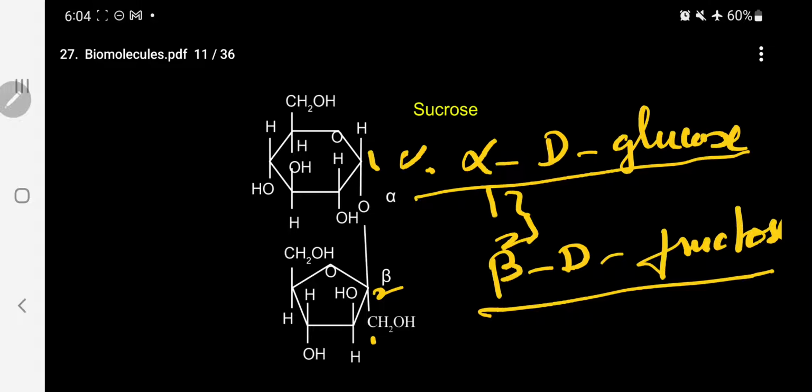Please follow. Generally in all carbohydrates, the linkage will be 1,4 or 1,6, which is common. The only exception is sucrose, where a 1,2 linkage is there. Only because of the 1,2 linkage, what is happening now? When you put it into water or any solvent, this will not undergo cleavage. It will not act as a reducing agent, because